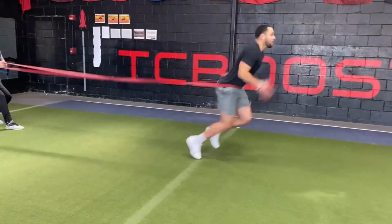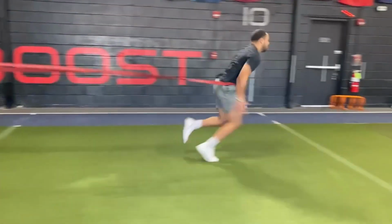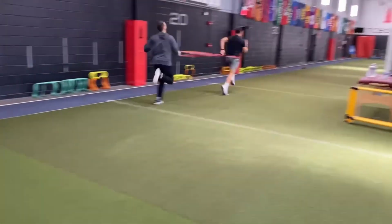That is by no means all of the exercises you could possibly do with a double band setup. Those are just the main ones that I use in my coaching. First, obviously, it is very cheap compared to some of the other speed training tools out there. Now, I use the 10 sprint and the bands the same amount. They do different things, but I think you get a lot of bang for your buck just for 2 of